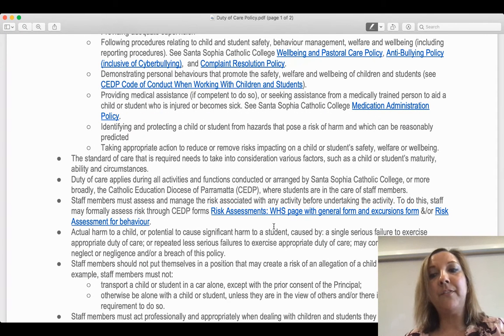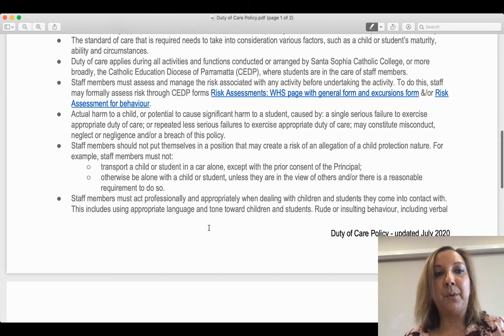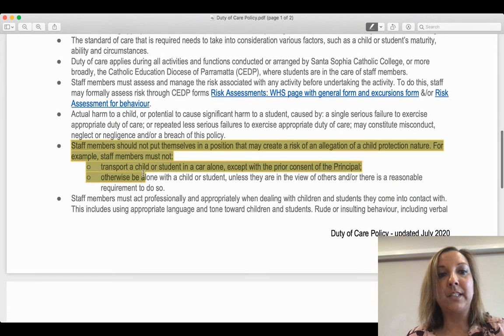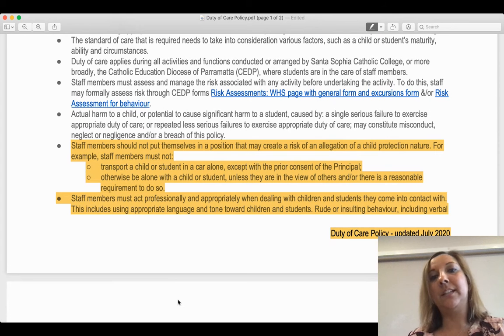If the risk is associated with a student's behaviour, then there is a different risk assessment if a student's behaviour is a risk to themselves or others. It's really important that this section of the policy is really clear for everyone, so we don't put ourselves in a position that may create a risk of an allegation of a child protection nature.